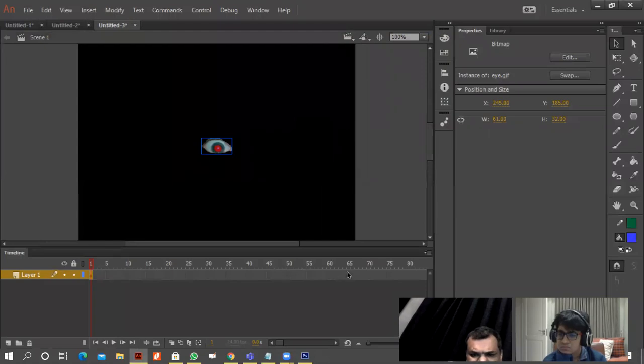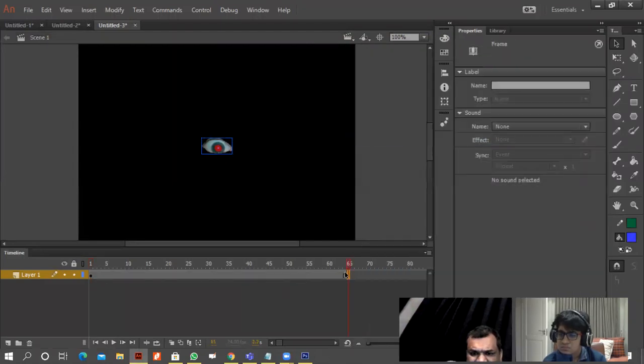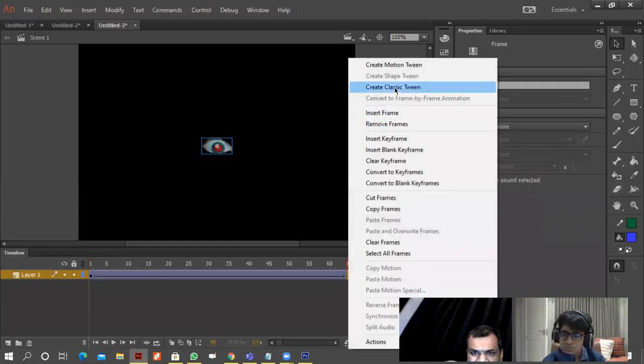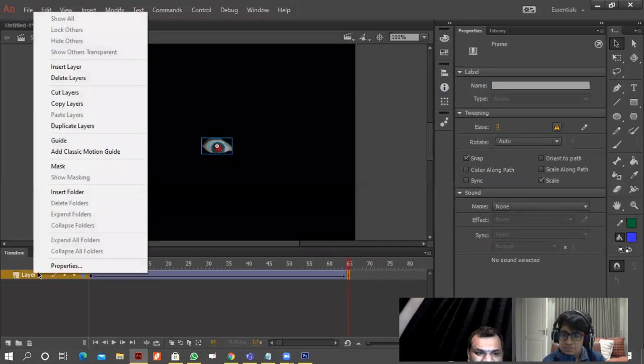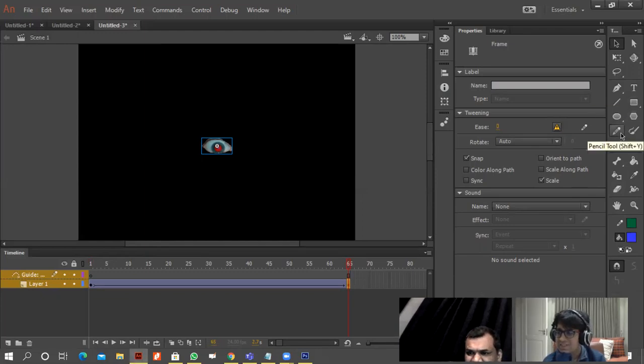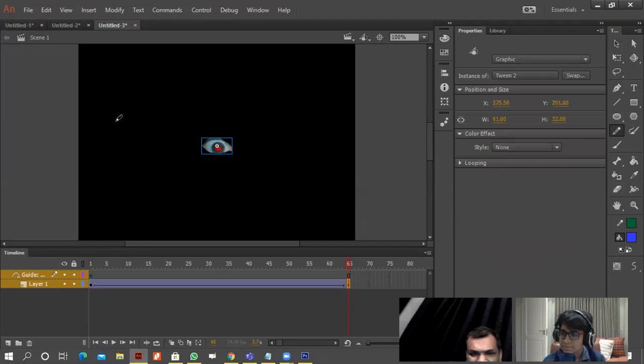graphics, I. This was our transparent one. Now we can just come to, let's say, 65, insert keyframe, create classic tween, okay, add, okay, I'm going to make something very horror anyway. And what I could do is use the pen tool, and what we could do is